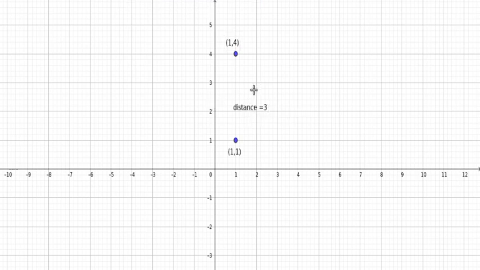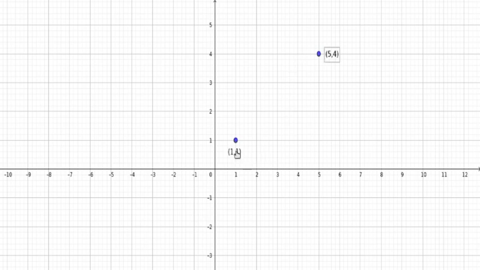That is, we can find the distance between the points if their x coordinates or y coordinates are the same. And if the x coordinates and y coordinates are both different, how do we find the distance between the points? Let us check. Here we have 2 points, that is (1, 1) and (5, 4). Here the x coordinates and y coordinates are not the same. Then how do we find the distance between these 2 points?